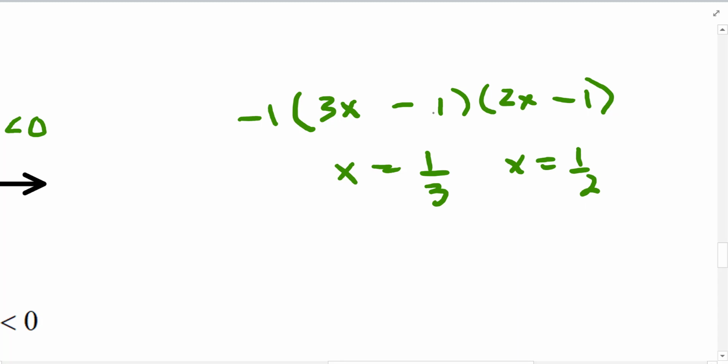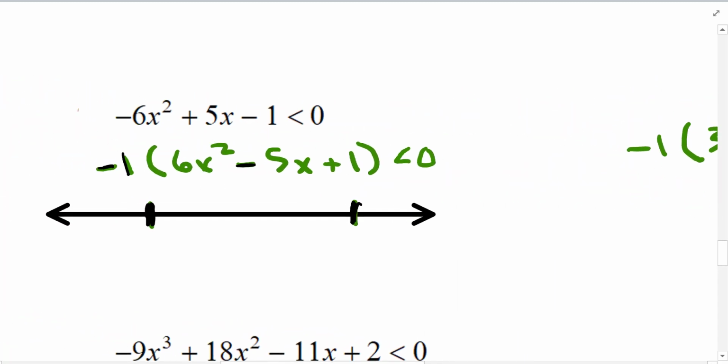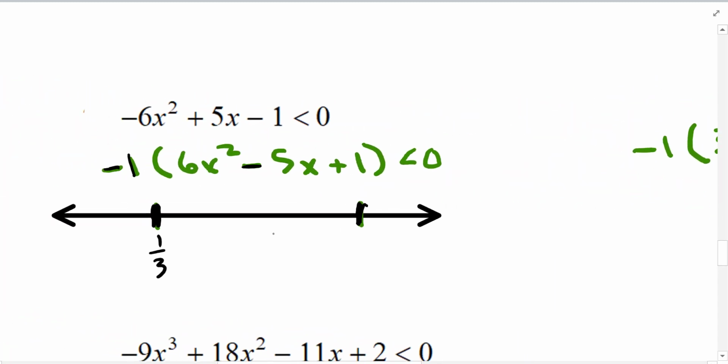So you do the opposite of -1, which is +1, and the opposite of multiplying by 3 is dividing by 3, so x is equal to 1/3, and this one, x is equal to 1/2. So 1/3 is going to go here, 1/2 is going to go here, and then you're going to pick, and this is going to be trickier, you're going to pick,